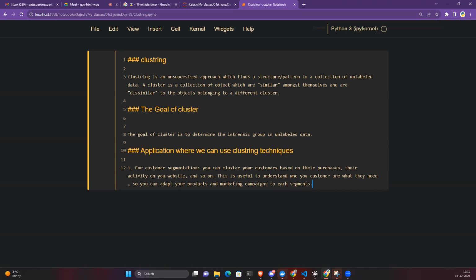So let's suppose you understood who your customer is. You can easily run your campaign. Let's suppose you are investing your money on a cluster which is not your target group, where the customer will not come to your application. Then the complete campaign money you spend on that customer is wasted, which is called CAC. Have you heard about CAC, customer acquisition cost? That is called CAC.